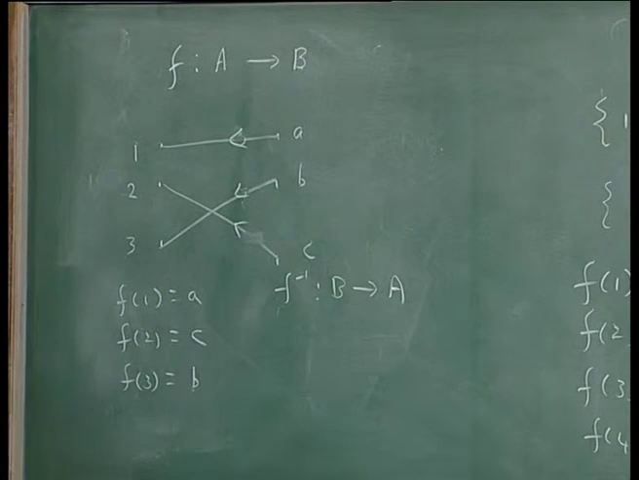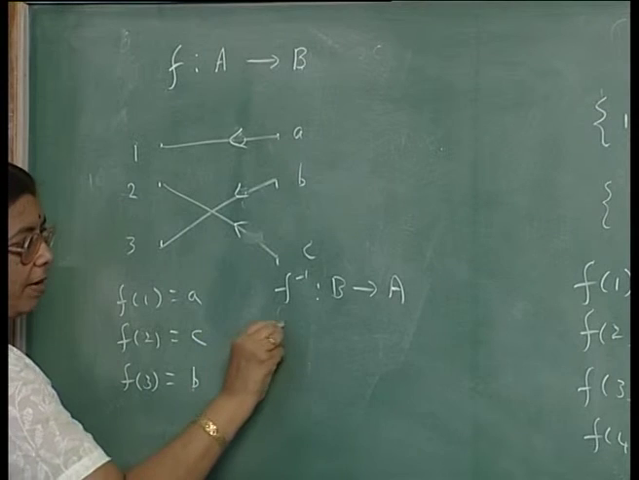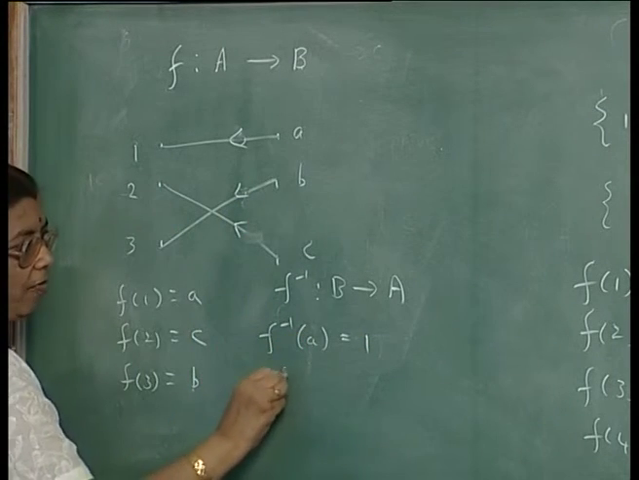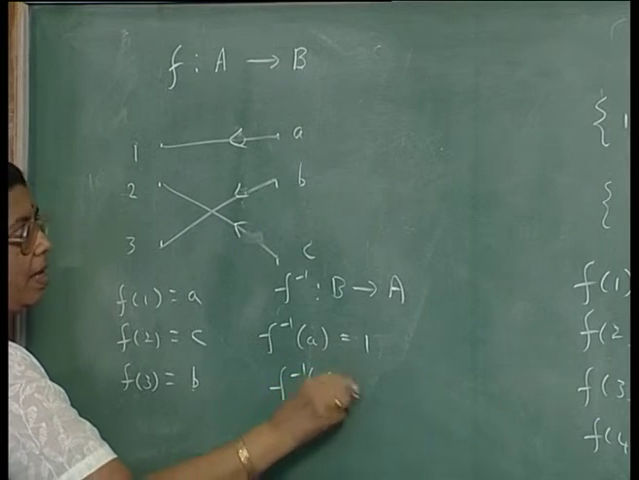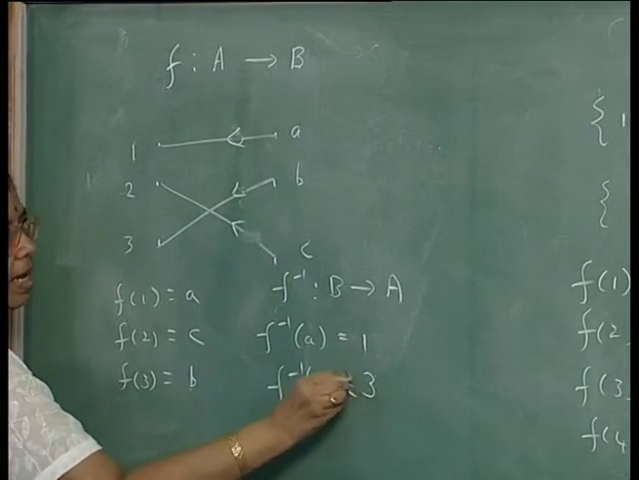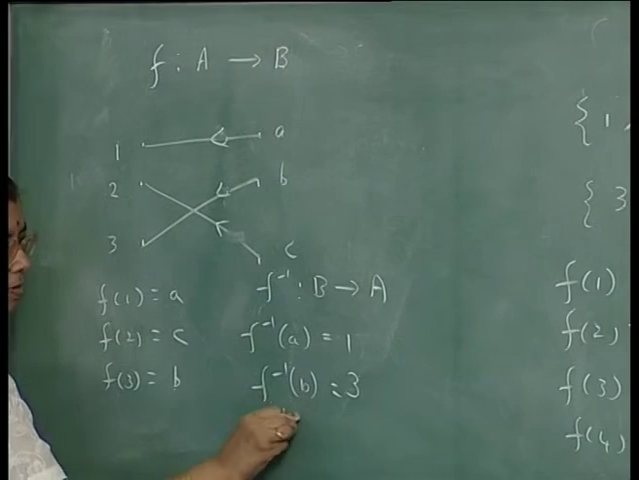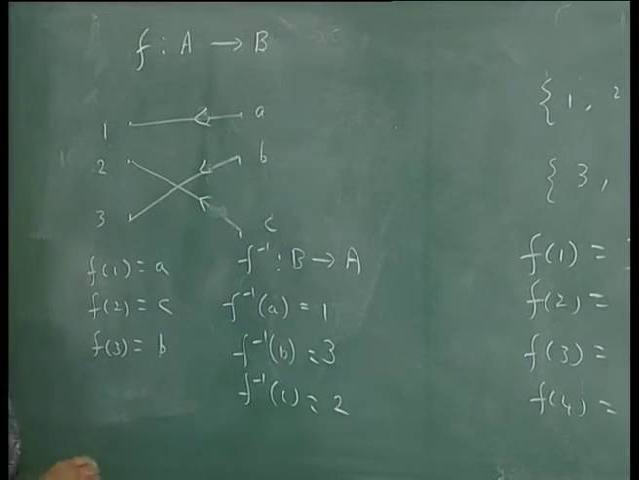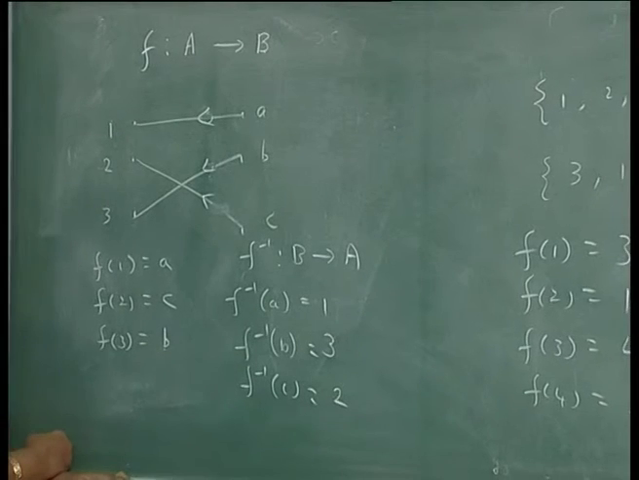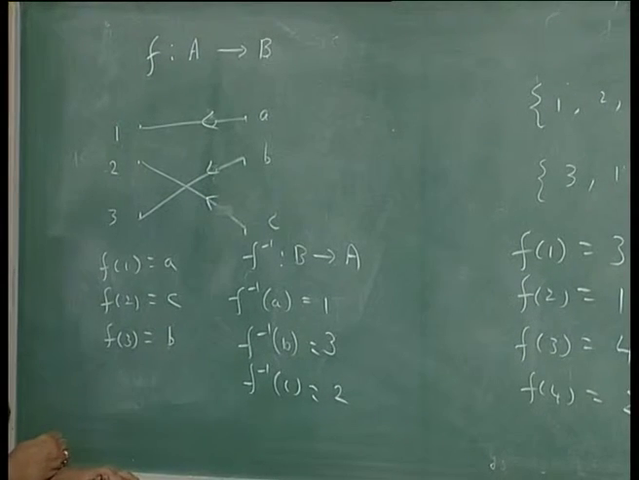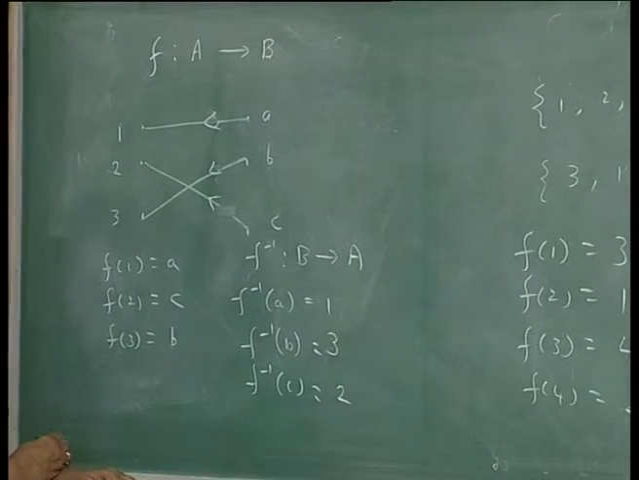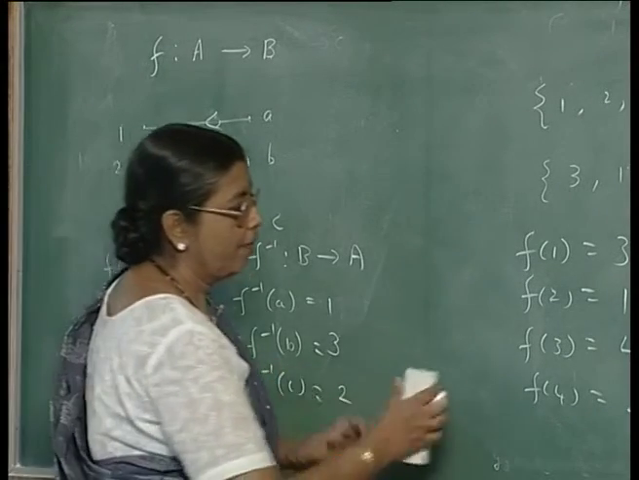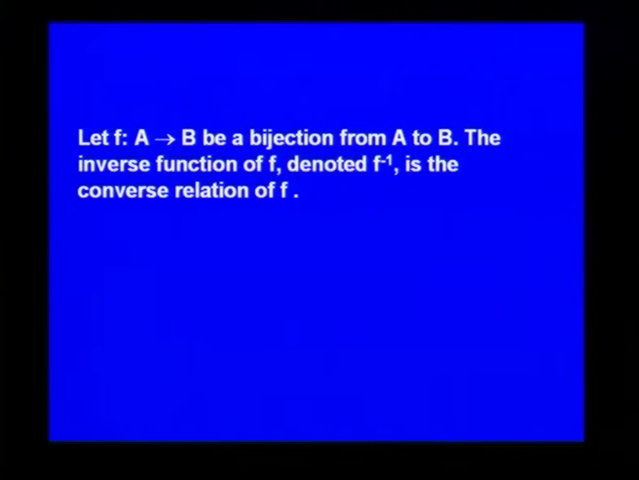So, it is defined from B to A and it is like this, f inverse of A is 1, f inverse of B is 3, f inverse of C is 2. So, the converse relation represented by this is called the inverse function f inverse and it is denoted by B to A. Suppose take the set of integers to integers, consider the function